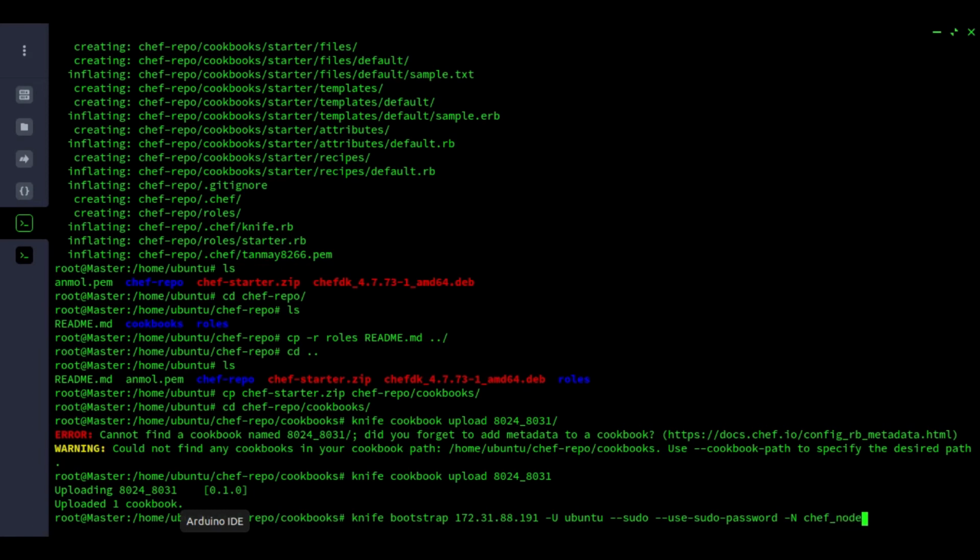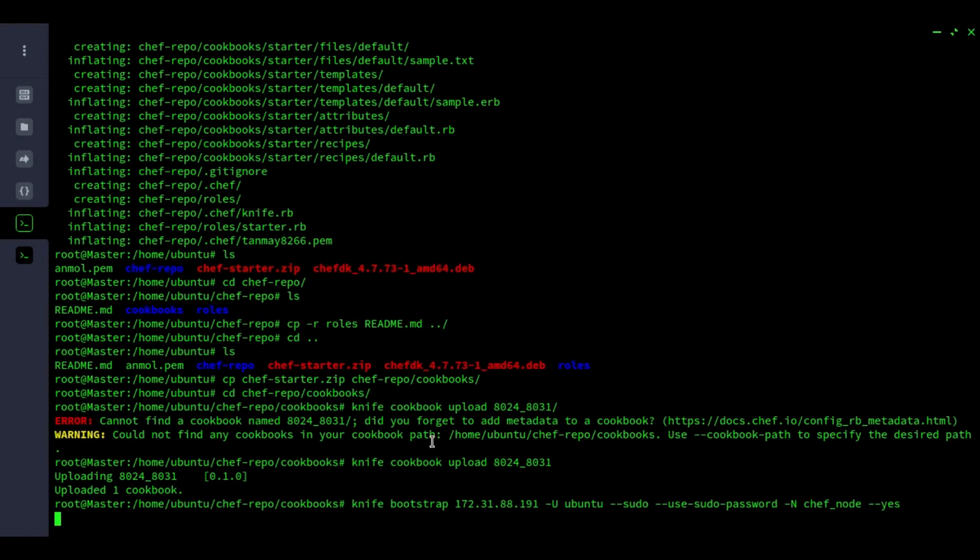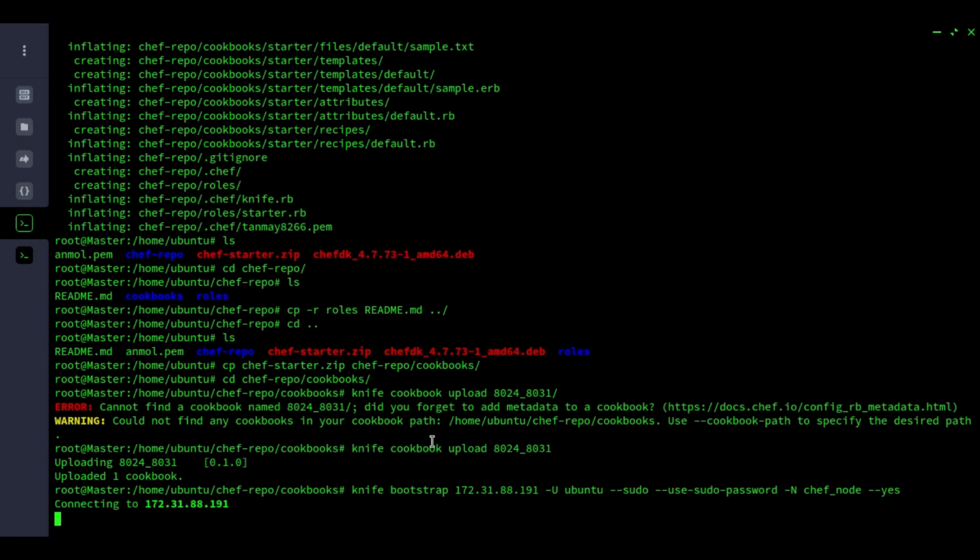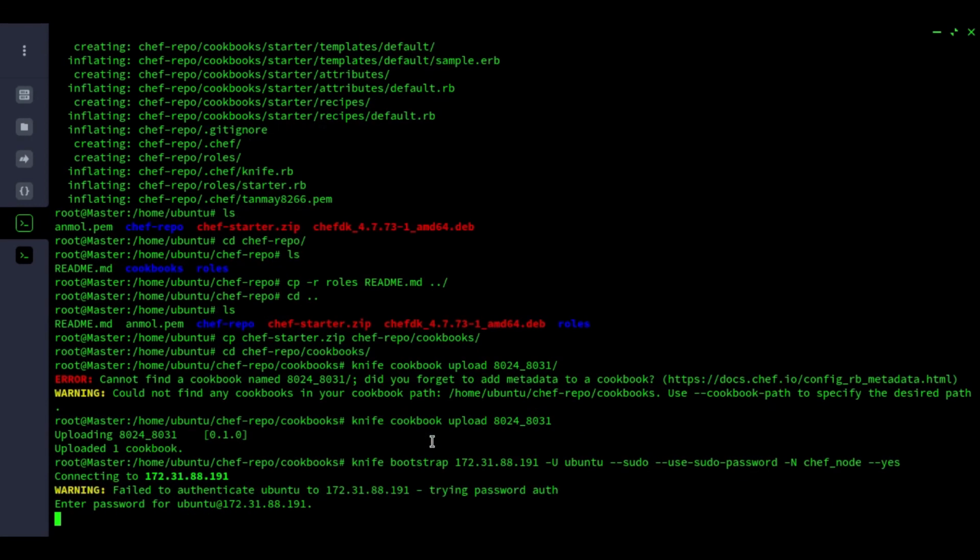So the slave node has a new name now. It will be called chef_node, and in order to not repetitively say yes, we'll issue the yes flag. So now our master is telling the server this is the IP address you have to enter the configuration on.